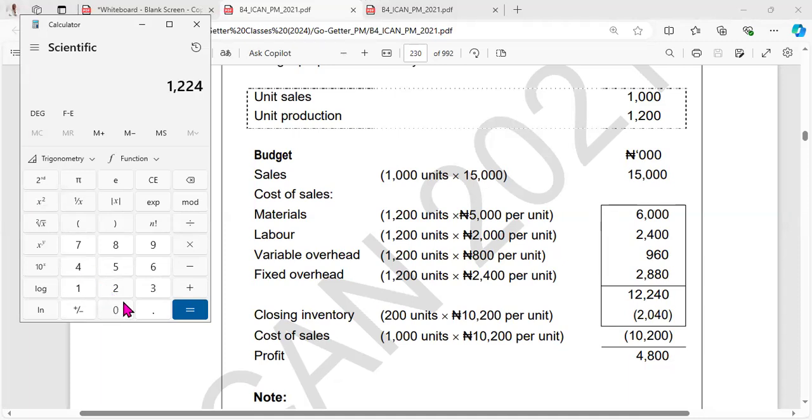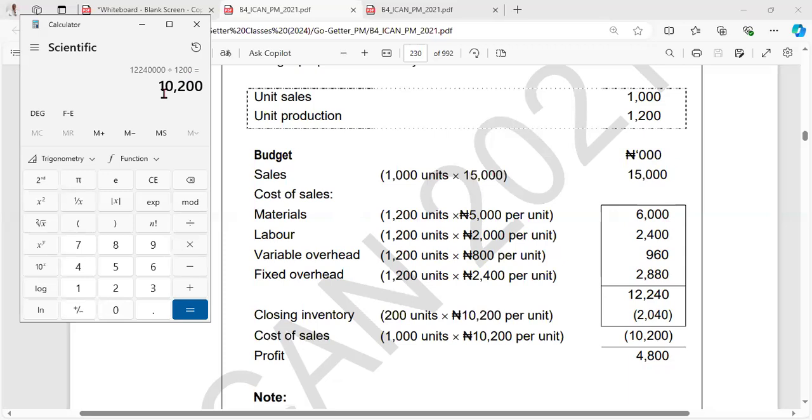12,240. This is the cost, right? Now, that is the whole cost for making 1,200 units. So you see, when you divide the total cost of making 1,200 units by the 1,200, that means these are standard costs that you used here. The standard cost, because this is budget now, right? The standard cost of making this